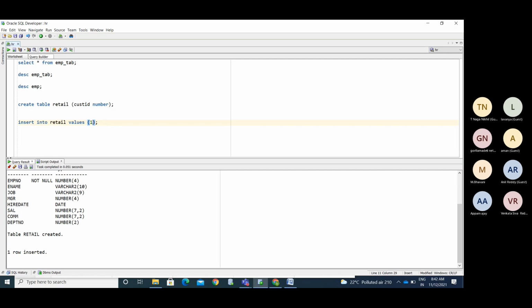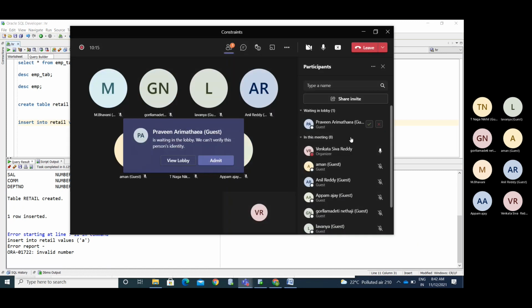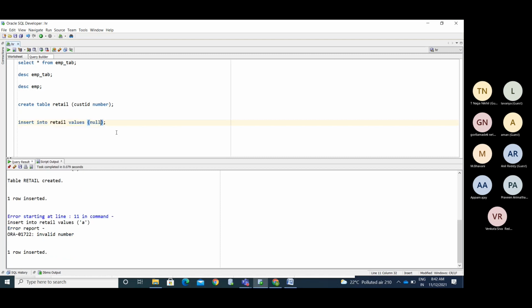It is a number data type, so I cannot insert alphabetical values. I can insert only numerical values, otherwise it gives an error. But I can insert null values in this.